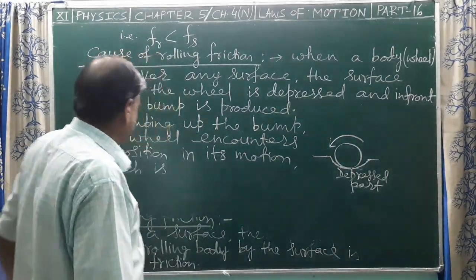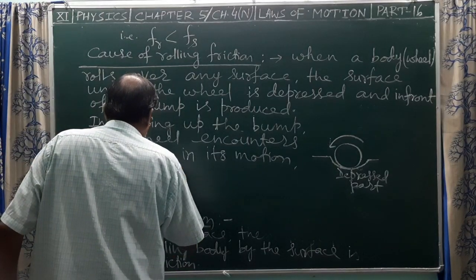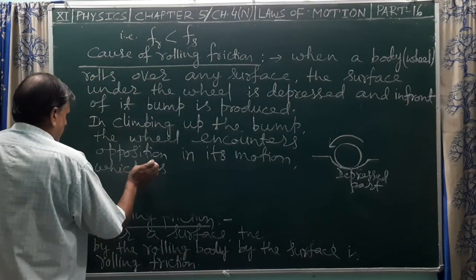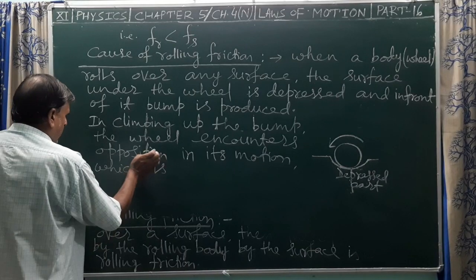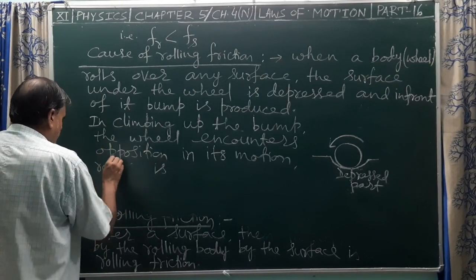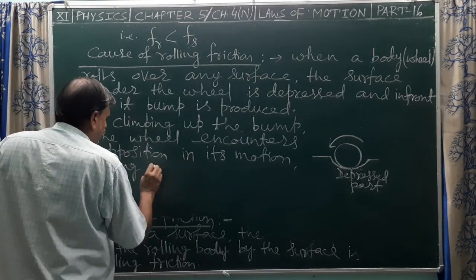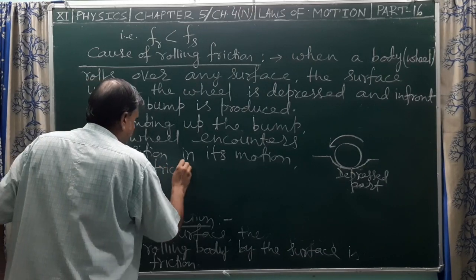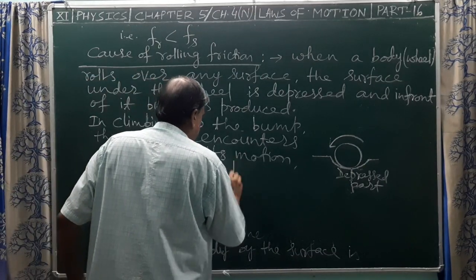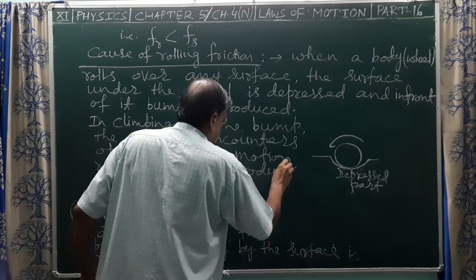That opposition is called rolling friction, that is, rolling friction is produced. This is the cause of rolling friction. Rolling friction is produced. Now we will discuss